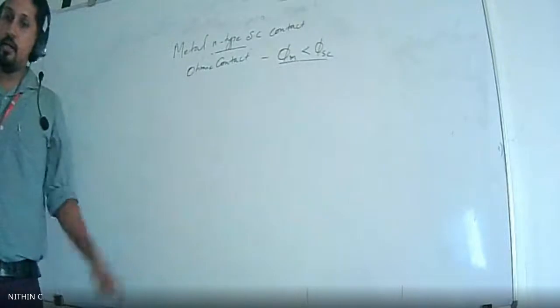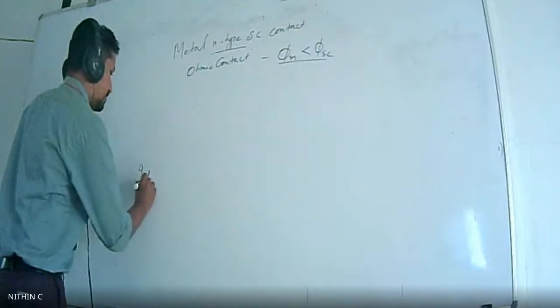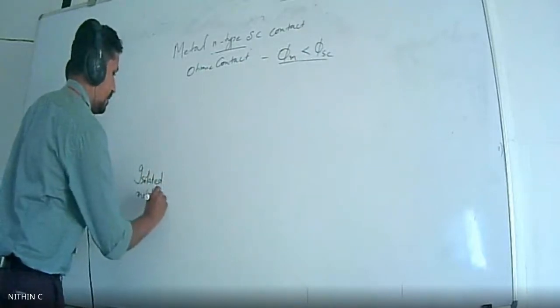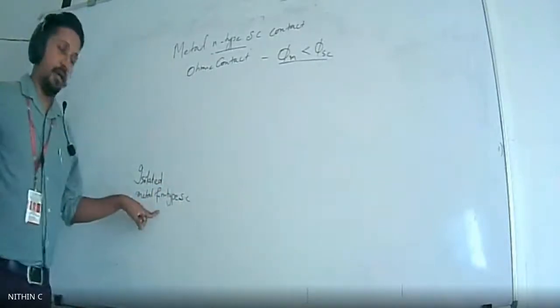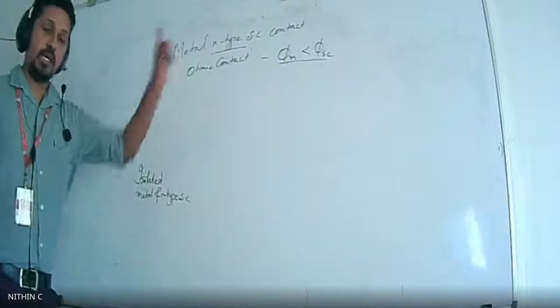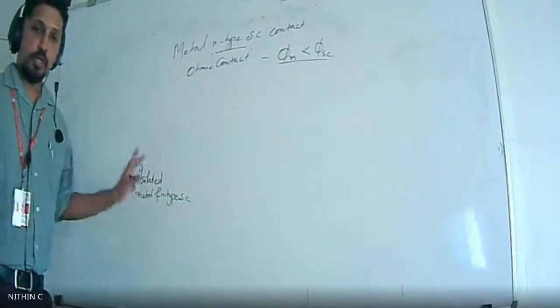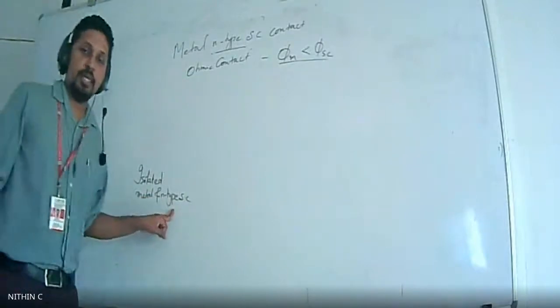So we'll start drawing the energy band diagram of this. So initially it will be isolated metal and N-type semiconductor. Here, when we say N-type, we need to know two things. One, to satisfy this condition, the position of the Fermi level should be closer to EC. That is the only condition. When we say metal N-type, the Fermi level position will be closer to the EC. So I am drawing